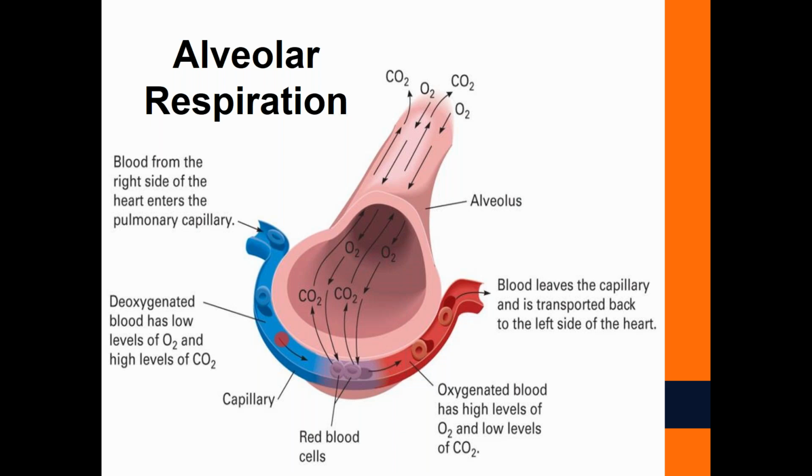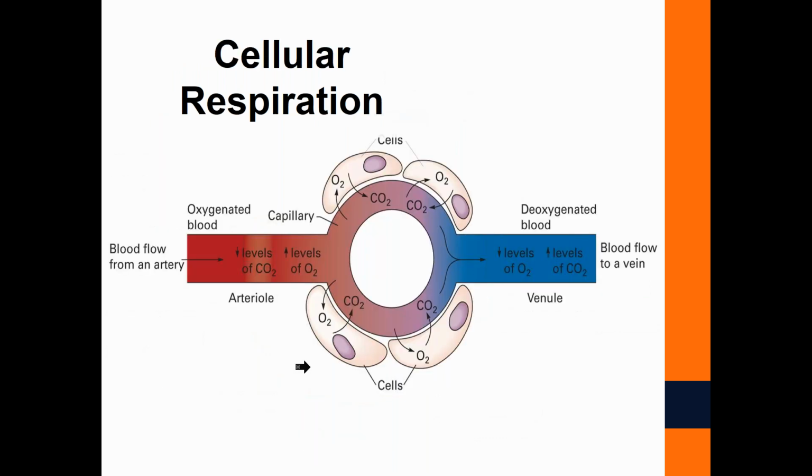So on the blue side, on the left side of our diagram here, if we only have a little bit of oxygen there and a lot of oxygen inside the alveoli, the carbon dioxide moves this way, the oxygen moves this way, and after that happens, this drop of blood is now, instead of deoxyhemoglobin or deoxygenated blood, oxygenated blood, free to go back to the heart through the pulmonary veins and get pumped out into systemic circulation